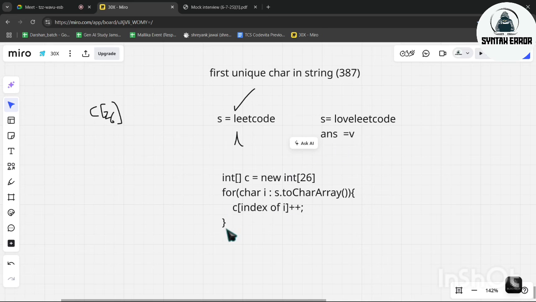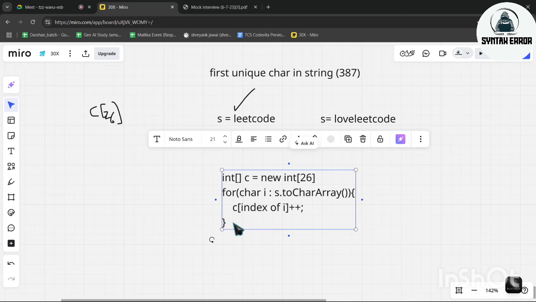After this, we will get an array in which corresponding to L it will be 1, corresponding to E it will be 3, corresponding to T it will be 1, like that the frequencies will be present. Now the first element having a frequency of 1 we need to return.